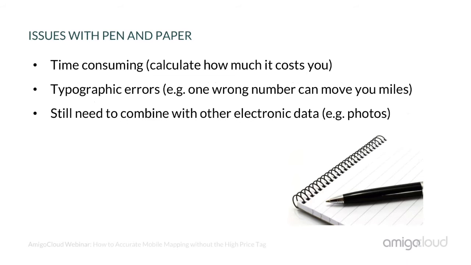So why is it that we're asking this question? There's a few issues there. A lot of the times when we're starting to do mapping, we may have an external GPS or some other high accuracy unit. We go out on the field, we write down all of our notes on a piece of pen and paper, right? Like, what can be the harm of that? Well, if it's only one person, maybe the effect is not that big, because it's only one person that basically has to go and transcribe it back when they go back to the office, write down all the coordinates. But if you're talking about 2 or 3 or more people,